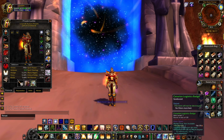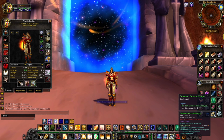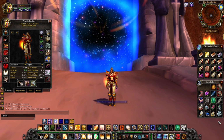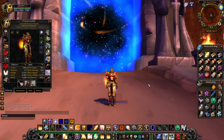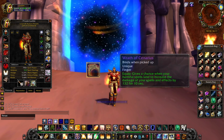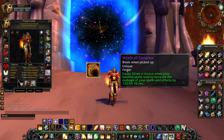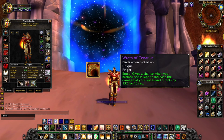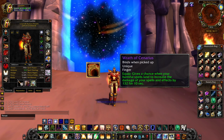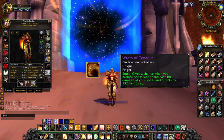It requires 20 Cenarian Logistics badges, 20 Cenarian Tactical badges, and 15 Cenarian Combat badges, as well as 1 Mark of Cenarius. Now, there are guides on how to get the Wrath of Cenarius ring on the internet. If you Google them, you can find them there. But suffice to say, it is an incredibly time-consuming and tedious task that does require the help of others to complete. But if you go through this task, you are rewarded with a ring that gives you